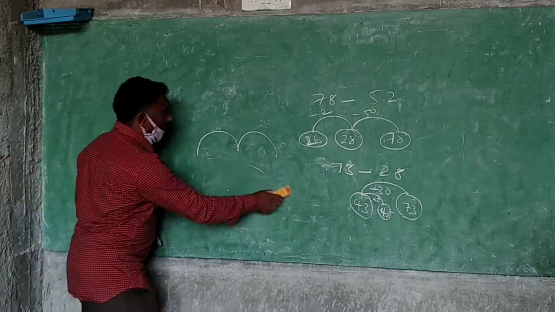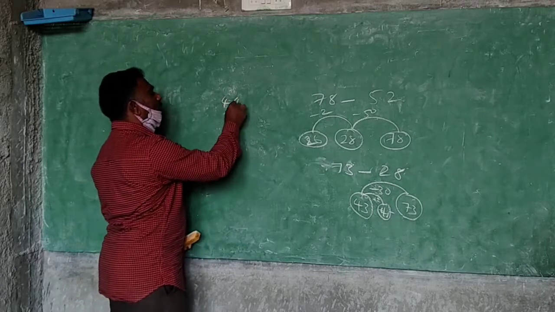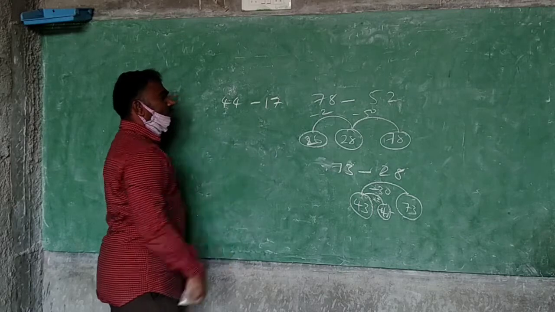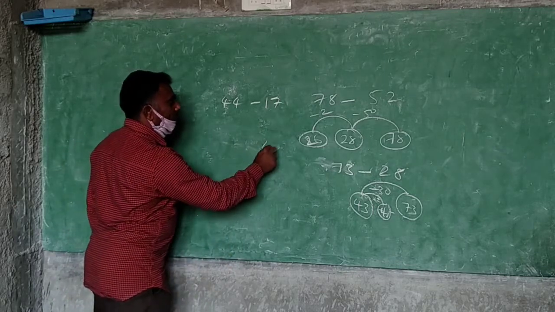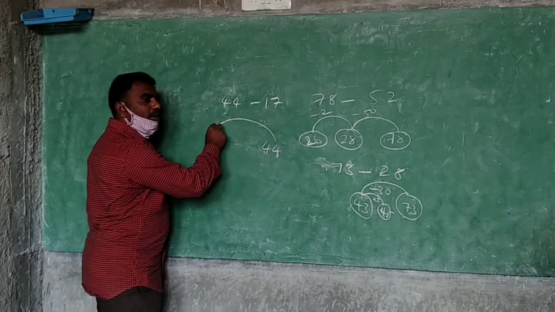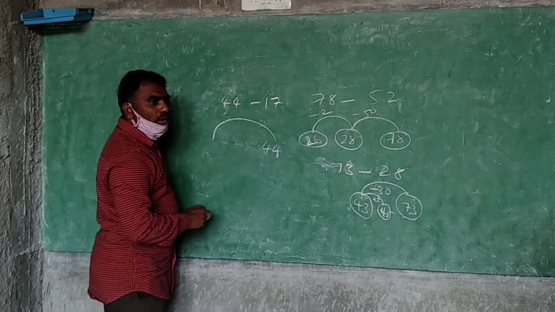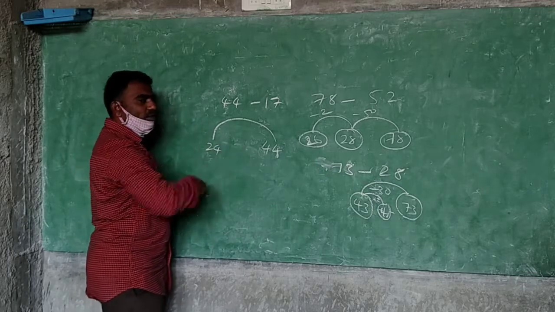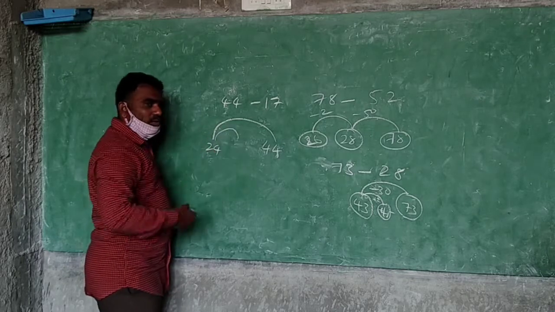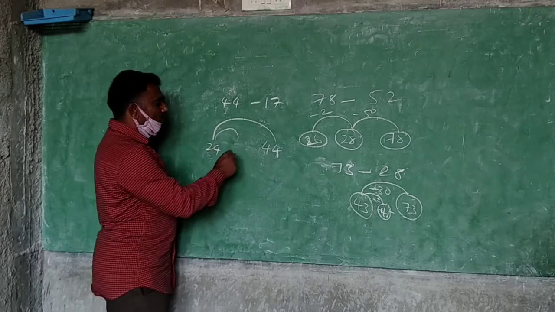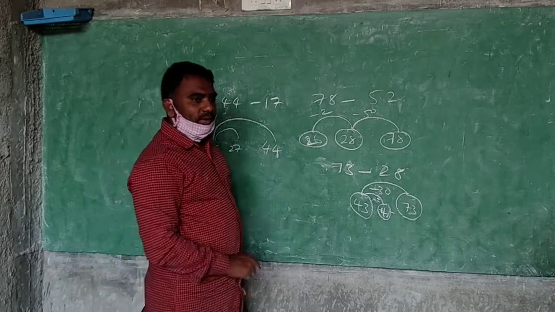Huh? So one more question. 44 minus 17. What will you do? From 44 to 20 you will come back. Very good. 20 will come back because it is near to 20 now. Yes, 20 if you come back, what will become? It is 24. Then 3 like this you will go. 27. Okay, I think you understand very well. You are doing nice.